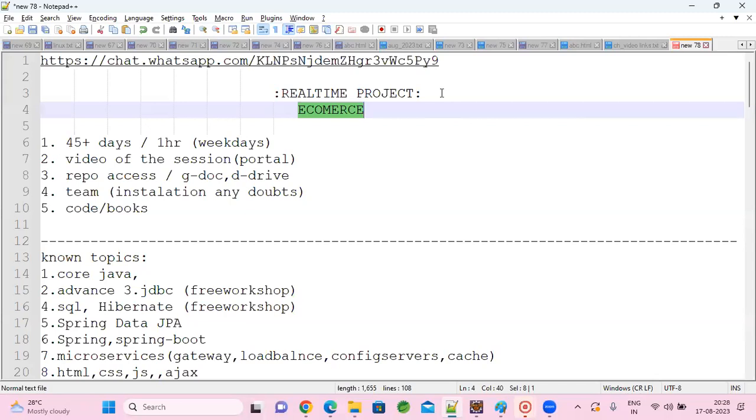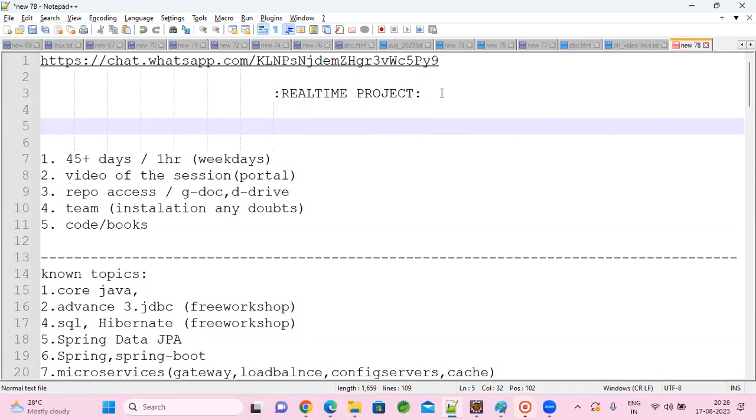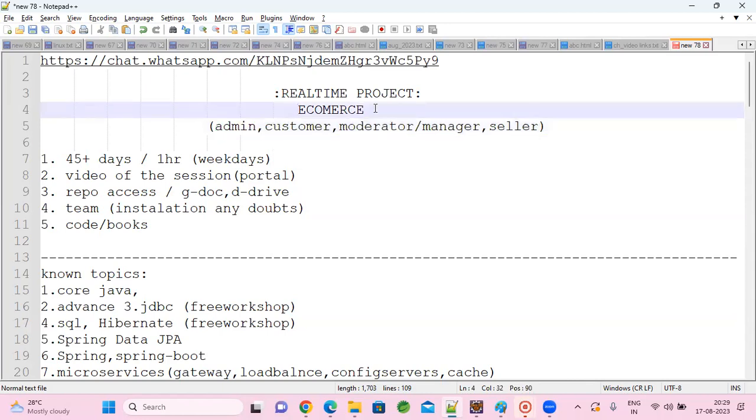A small scale application we will build with users like admin user, okay, simple end user, or you can say customer, and moderators, or you can have a manager also who is able to manage sellers. Okay, so these users we can cover as part of, I mean users in the sense roles. We can see each role requirement, why that role is for, and how that role helps in our application.